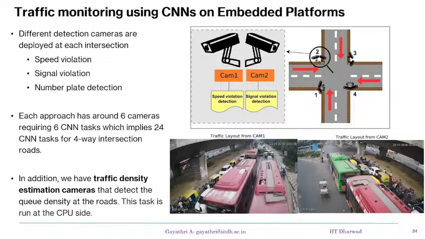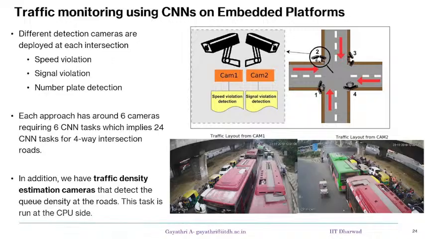So basically you have one camera towards the intersection and another away from the intersection, and for each one of them you have 2 number plate cameras. So totally you have 6 cameras in one intersection, and if you have 4 intersections you have 24 such cameras, right? So you have 24 such feeds coming onto your system in parallel, and now you have, say, one NVIDIA Jetson AGX or NX or whatever it is, right? So how do you now process these 24 threads in real time